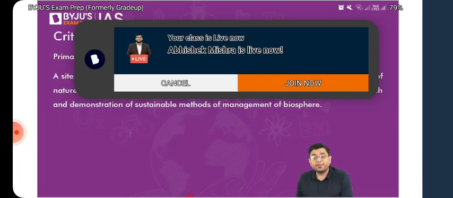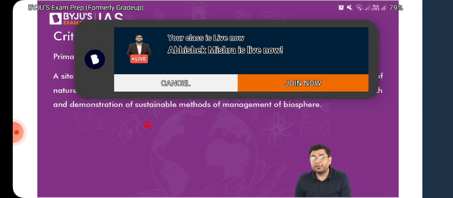Okay, so what are the criteria based upon which a region is declared as a biosphere reserve? First of all, the primary criteria is the site must contain an effectively protected or minimally disturbed core area of value of nature conservation. Now, this is the area where you can carry out significant amount of research, in order to understand the life cycle of the various organisms, the requirements of the various different species, and what are the conditions that they require in order to survive. All those are carried out in the biosphere reserve.